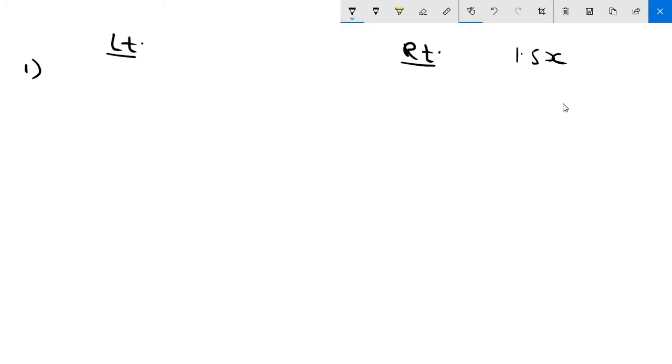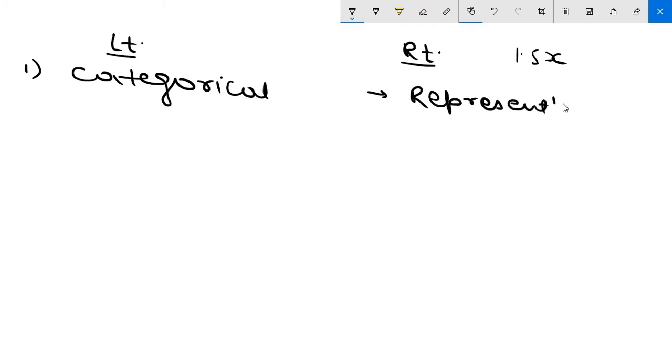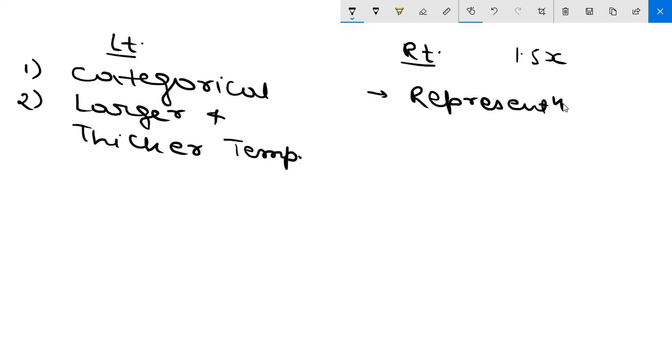Now the first difference, the left hemisphere is also known as your categorical hemisphere, whereas right hemisphere is known as your representational hemisphere. This is a name based difference. Now the important point about it is that the left hemisphere has larger and thicker temporal and occipital lobes. Temporal and occipital lobes are thicker and larger in the left hemisphere, whereas the frontal lobe is thicker and larger in